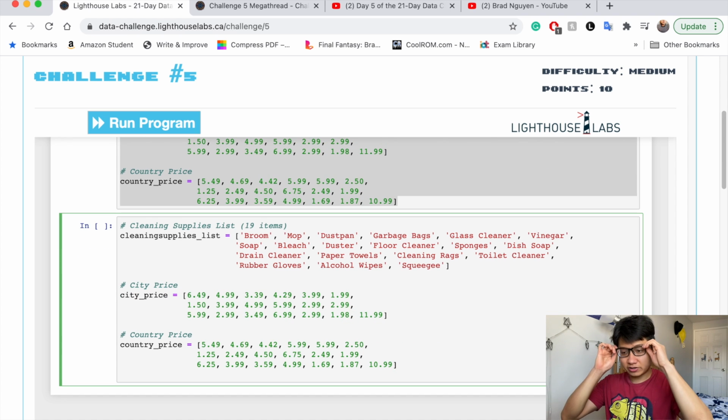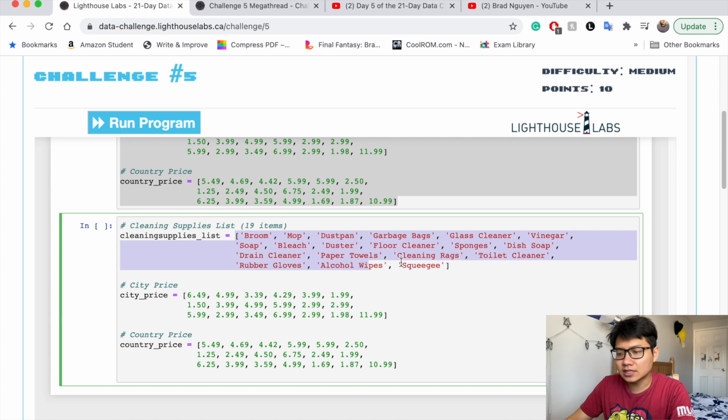So first, what we need to do is figure out how many items are in the list. We know that there are 19 items, but if the items change, we need to replace 19 with another number. So why not just set it as a variable: length equal to the length of the cleaning supplies list,